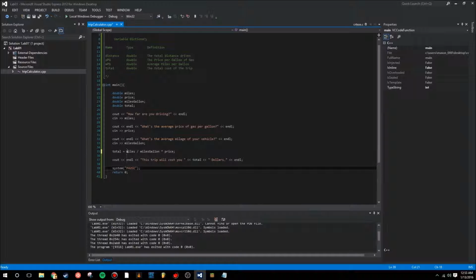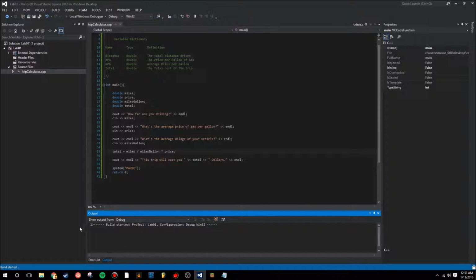Because if you do, you know what, that makes sense. Miles divided by miles per gallon leaves gallons. Gallons times price per gallon leaves price. That makes sense. Makes a whole lot of sense. So if we just save it here and then we build it and run it, this should be